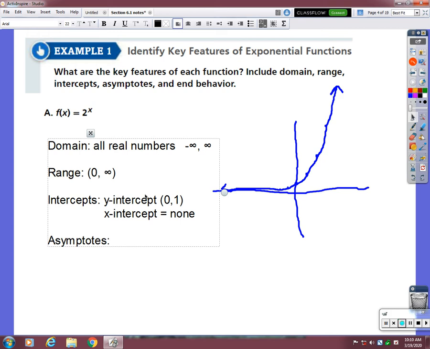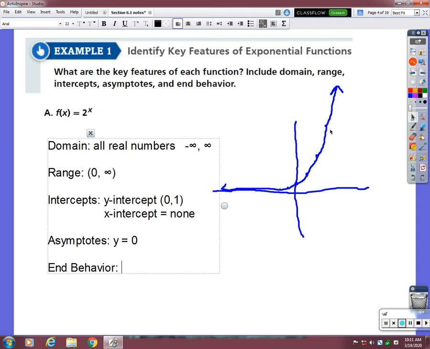Anyway, asymptote, you can see that the graph levels out at the negative x-axis, so we're going to have an asymptote at y equals 0. Even though it goes up over here, that's still an asymptote because it goes in one direction. And then since this is increasing forever, that's all we're going to get. And then our end behavior